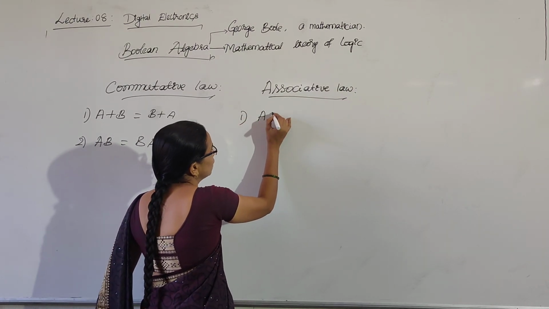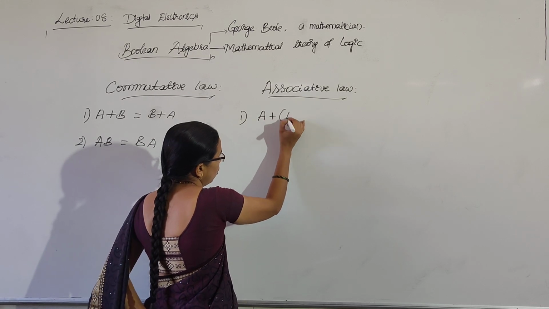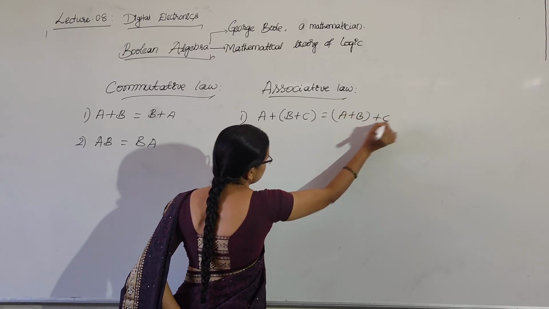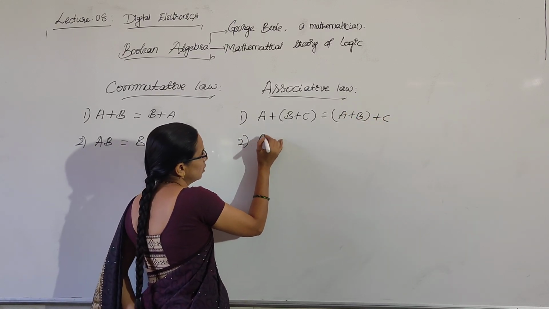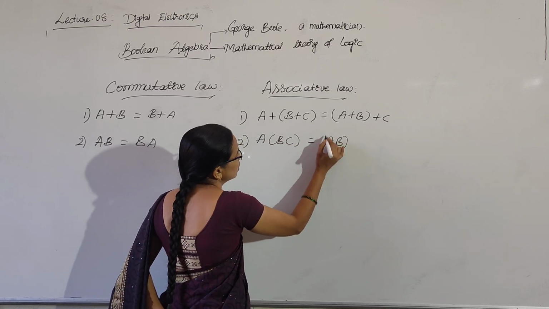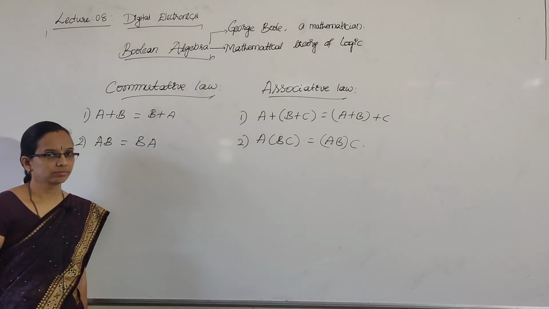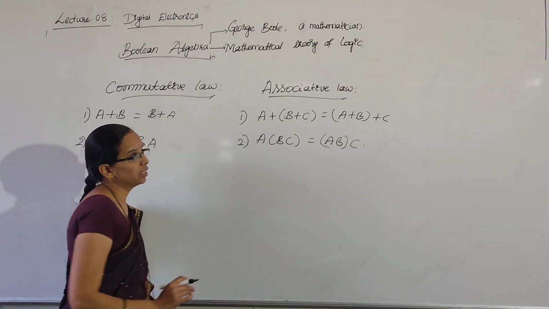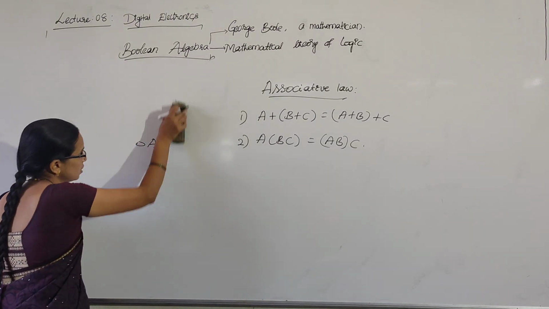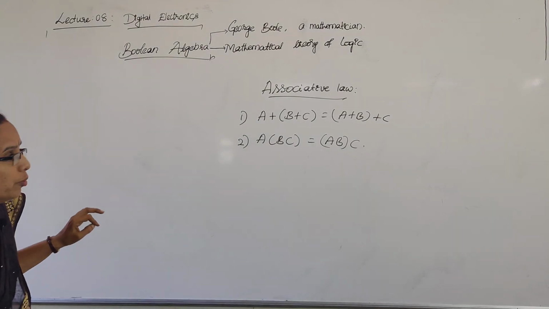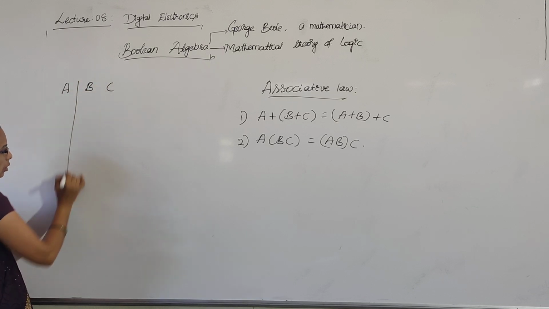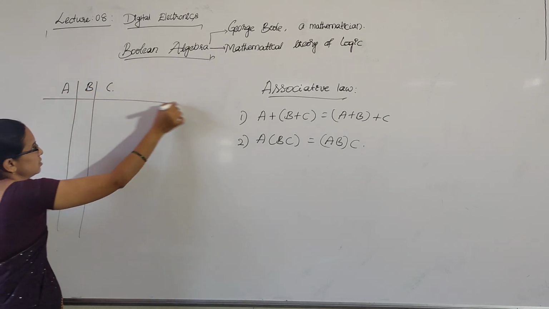That A or B plus C is equal to A plus B plus C. Here (A, B) C is equal to A (B, C). Okay. Here also same thing, because it is having 3 variables, there will be 2 power 3, 8 different combinations you can get. If you want, you can put a truth table like structure: